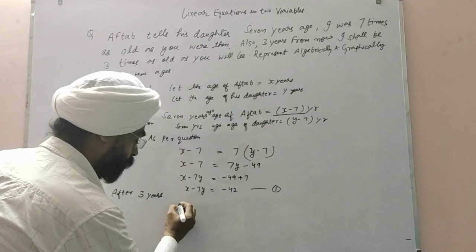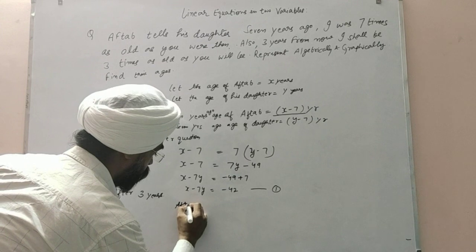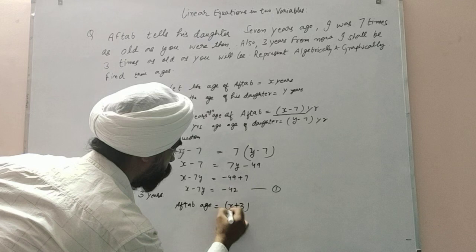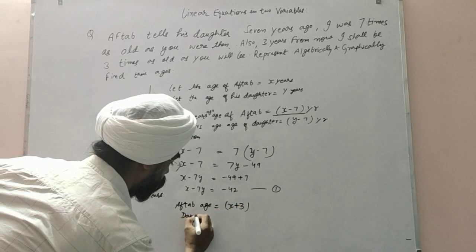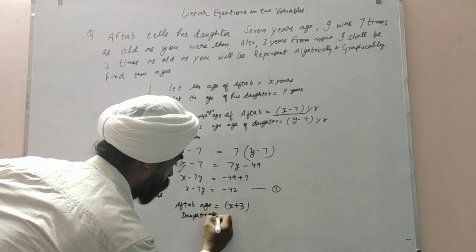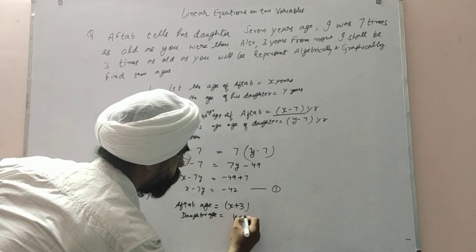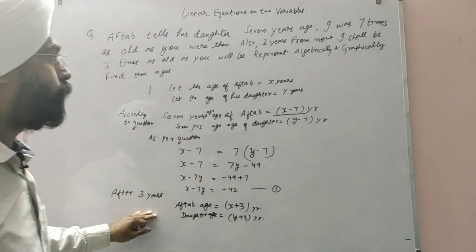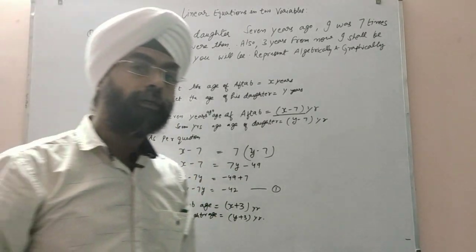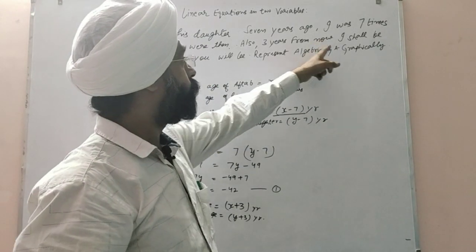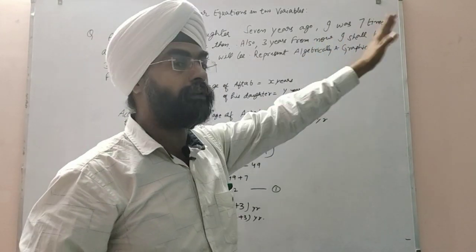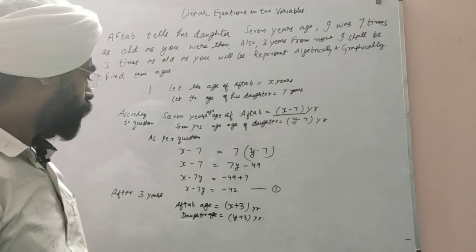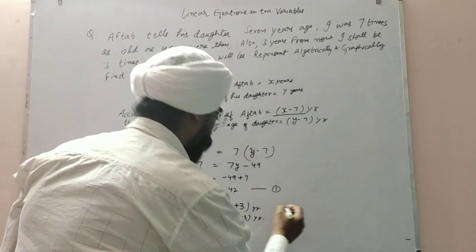So we need to take these two steps again at this point. After 3 years, Aftab's age will be x plus 3 years. Hence the daughter's age will be y plus 3 years. This is the step at this point. Now we have to make the algebraic equation. We will read further: I shall be 3 times as old as you will be. I shall be 3 times means, according to the question,